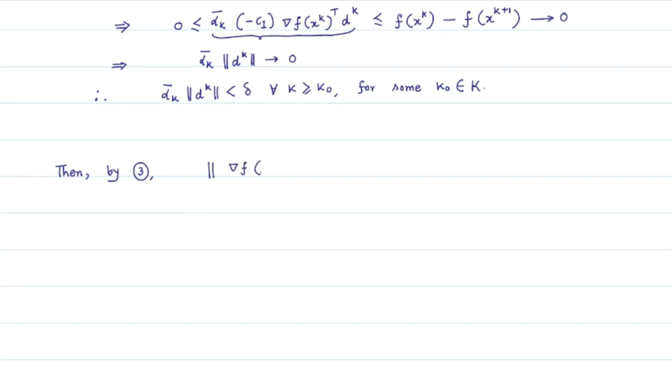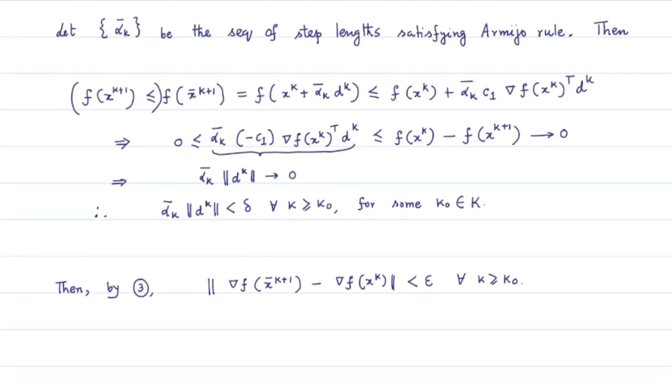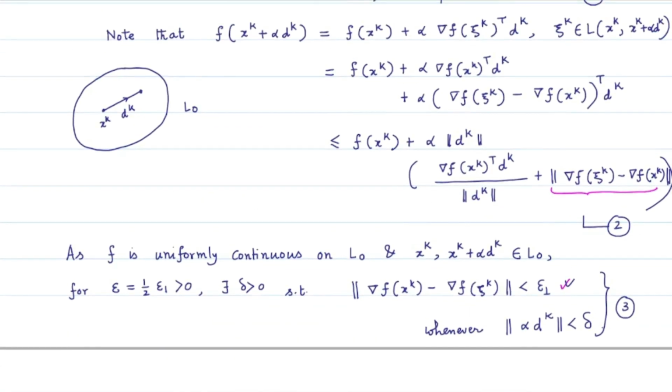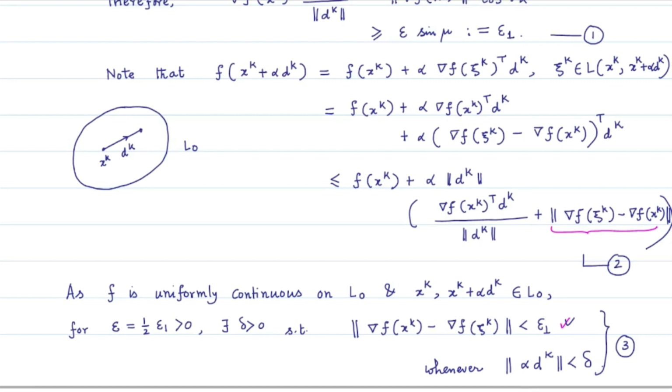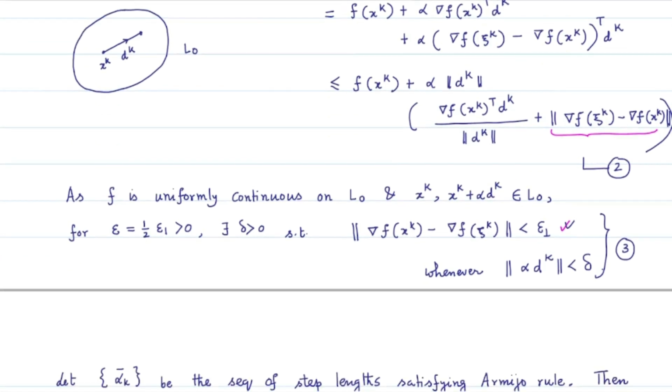From 3 we have the norm of grad f at x bar_{k+1}, where x bar_{k+1} is a point given by the Armijo rule, minus grad f(x_k) is less than epsilon for all k greater than or equal to k naught. So we now go to inequality 2, and in the left hand side of the inequality we employ this alpha as alpha_k bar. So f(x_{k+1} bar) is less than or equal to this entire quantity on the right hand side, which will give us